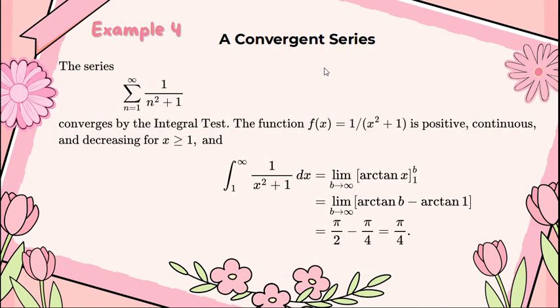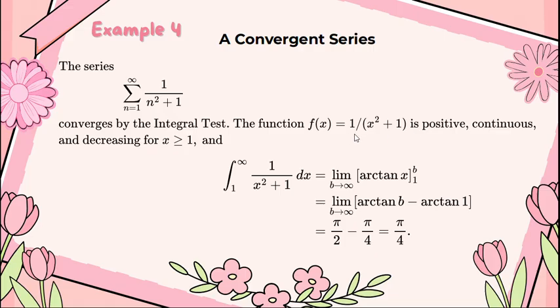Example for a convergence series. The series is the summation from n equals 1 to infinity of 1 over n squared plus 1. We are going to determine if this series converges or diverges. So we turn this series into a function. We have f of x equals 1 over x squared plus 1, changing the n with x. In order to perform the integral test, we are going to